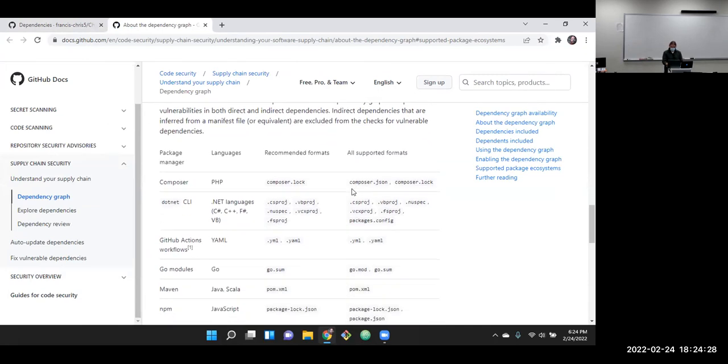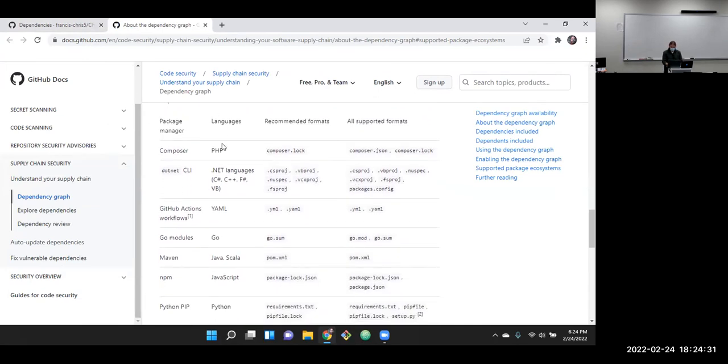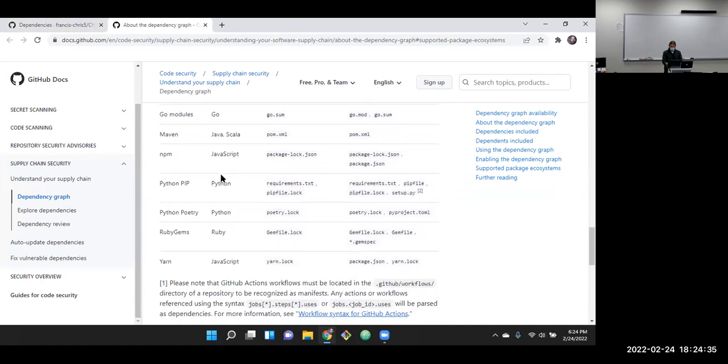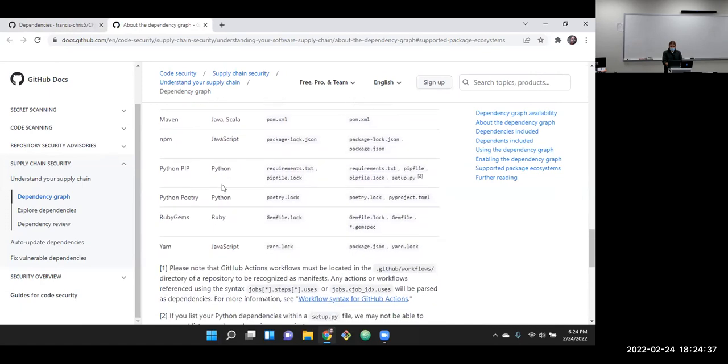So if we scroll through here and check for a manifest, here's our language. We want to look through here and find Python. Okay, looks like we got 2 Python options, either poetry or pip, and hopefully by now you recognize pip. Poetry is the custom one. It's pretty nice.